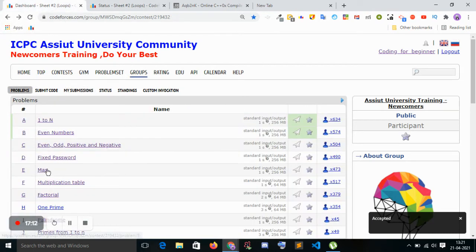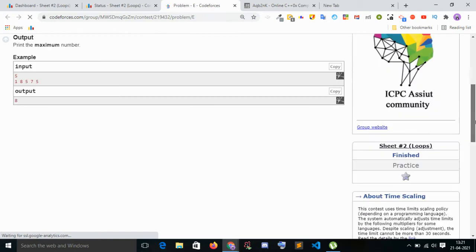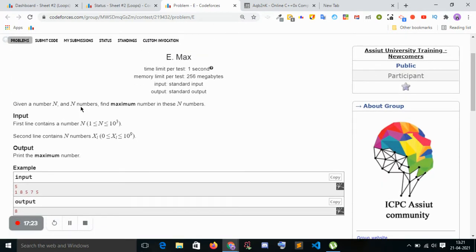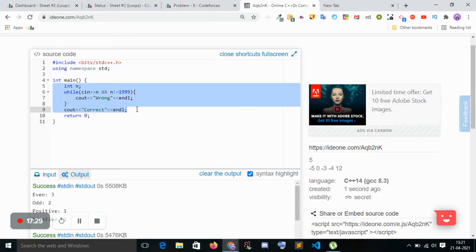So let's try to solve the next problem. Do not worry about that. Given a number n, find the maximum number among these n numbers. Very easy question. What you did here: